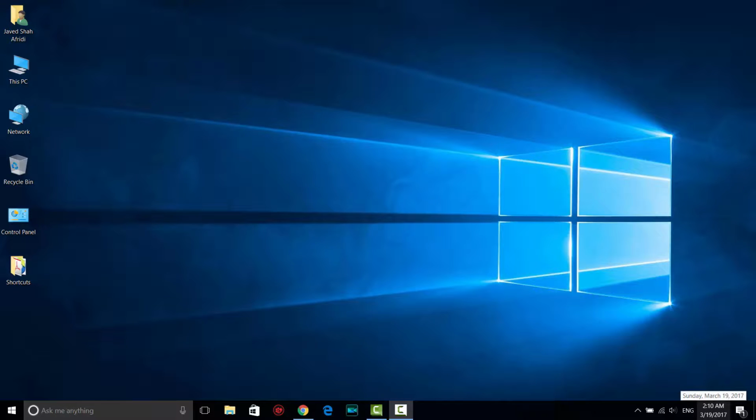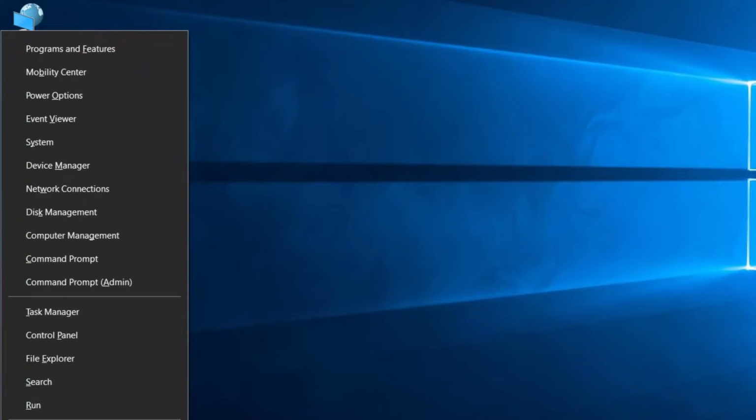Hello guys, today we will enable safe mode in Windows 10. As you know that safe mode in Windows 10 is not enabled by default. We have to enable it manually, and to do that press the Windows key and X key, then go to